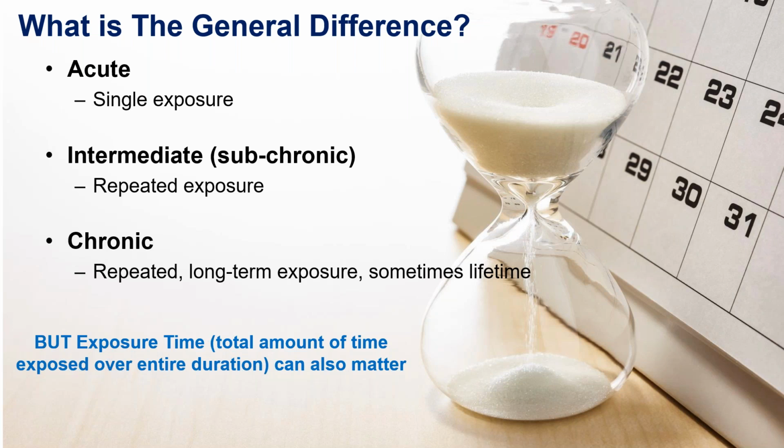Now, the way that I'm using these terms right now relates to how, in the underlying study underneath the guideline that's been developed for a particular chemical, there's a study. So it could be animals, it could be humans. They're exposed for a certain amount of time, under certain conditions, at certain frequencies. And based on all of those factors together, that helps determine whether it's acute, intermediate, or chronic.